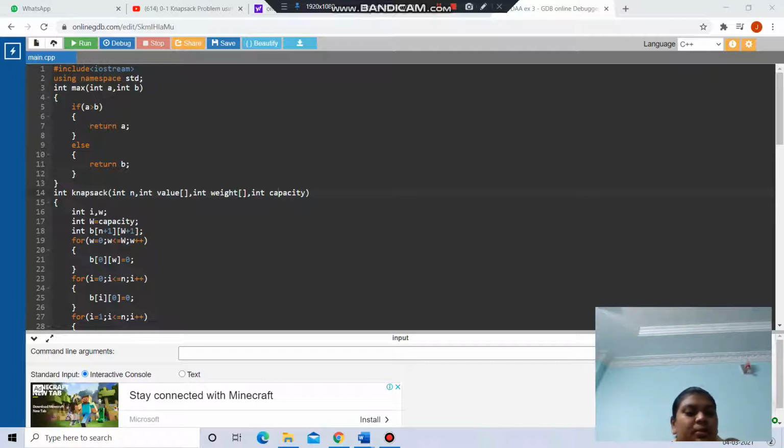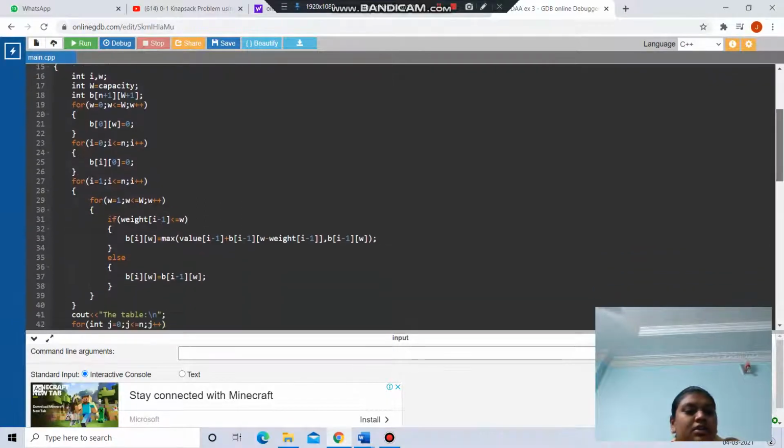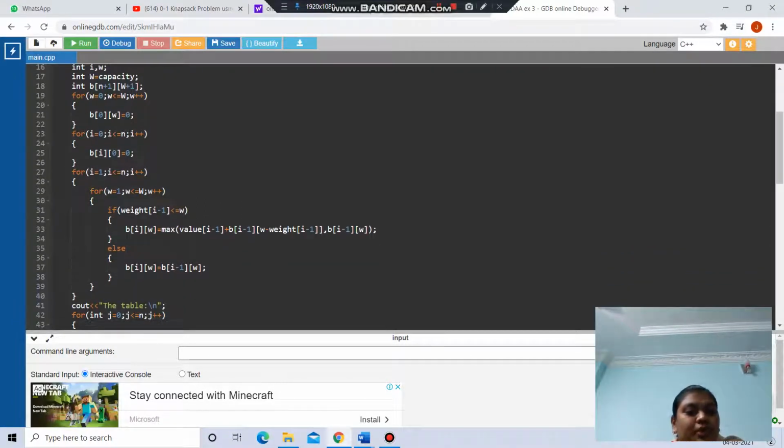Then in this for loop we have given i equals 0 and i less than or equal to n, and i increments. Here also b of i and 0 equals 0. And in this for loop we have given i equals 1, then i is less than or equal to n, i increments, and for w equals 1, small w less than or equal to w, w increments.